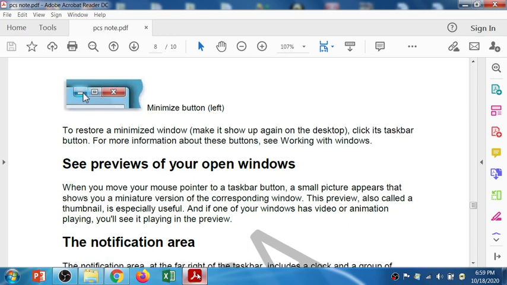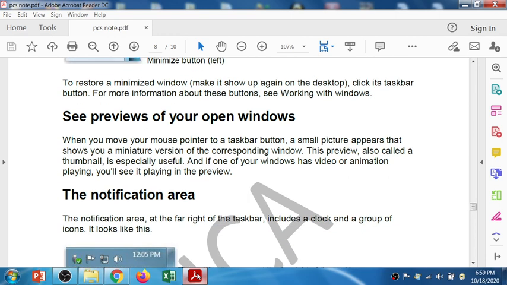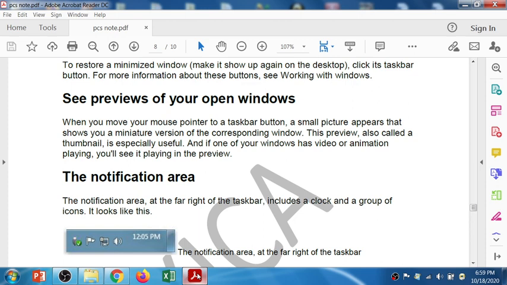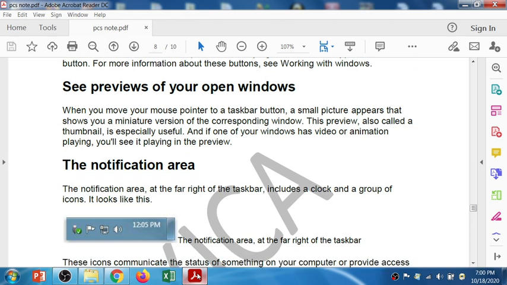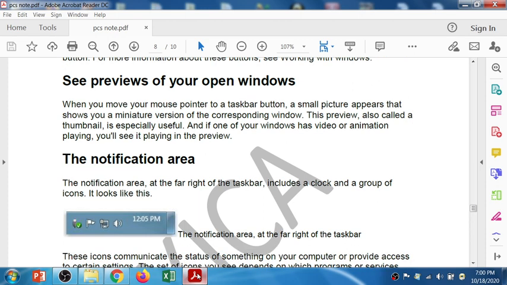See the preview of your open window. When you move your mouse pointer to the taskbar button, a small picture appears that shows a miniature version of the corresponding window. This preview, also called a thumbnail, is especially useful, and if one of your windows has video or animation playing, you'll see it playing in the preview.